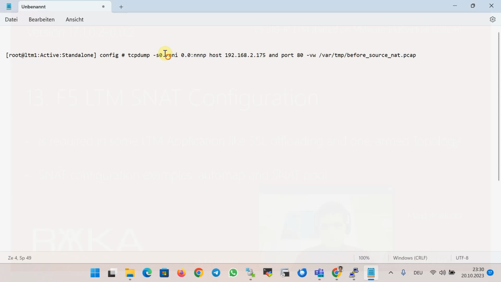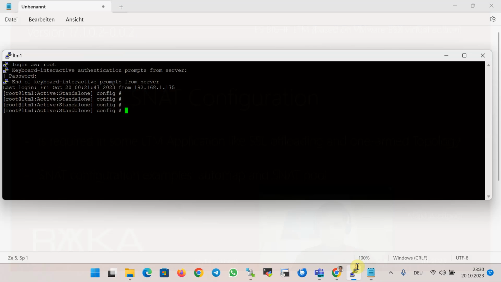The number of n indicates how deep you want to capture the traffic, and the p parameter allows you to capture a specific traffic flow from end to end, even when the configuration uses a SNAT or OneConnect. Let's run the command and capture the traffic,